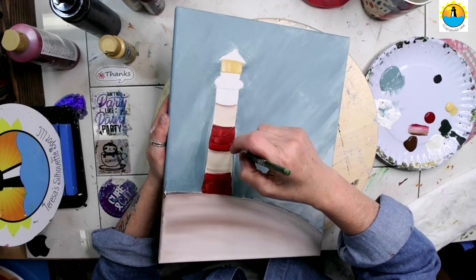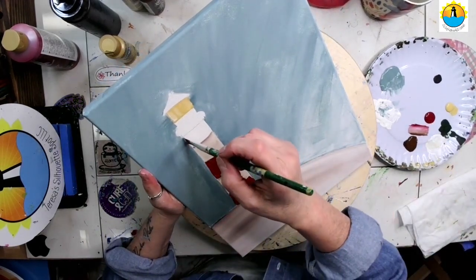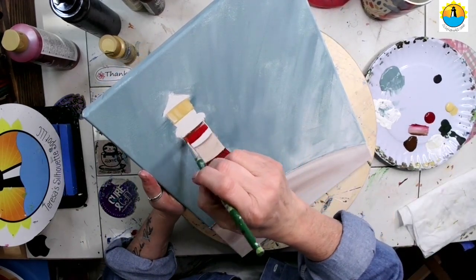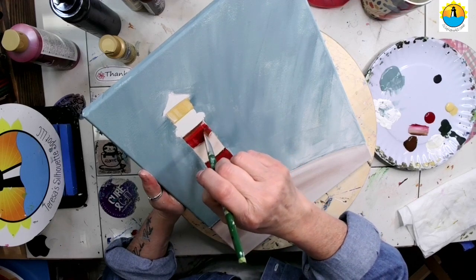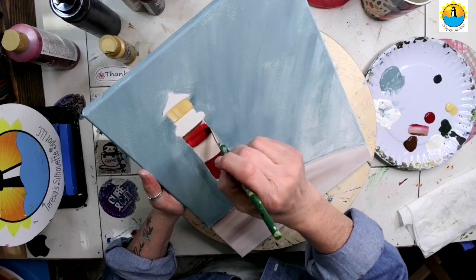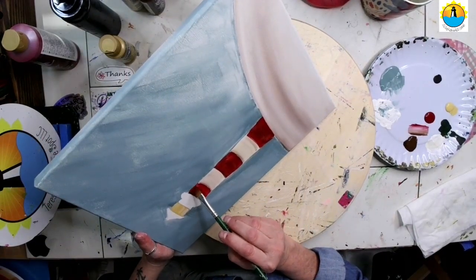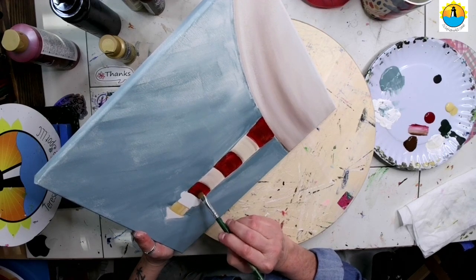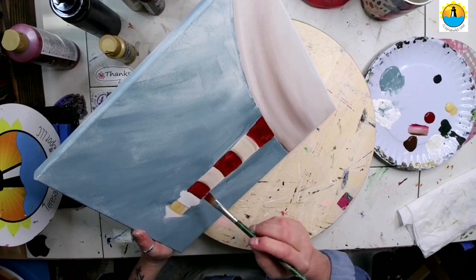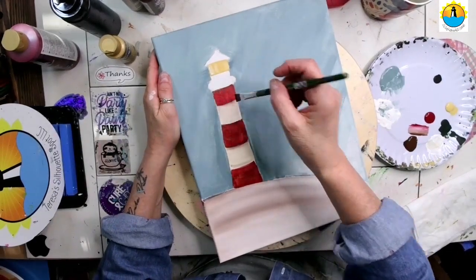And get on the sides. And then this one last section up here. Gonna get all the white in the edges. Again, it does not have to be perfect because we're going to come back with some outlining and some shading and some highlighting. Okay,